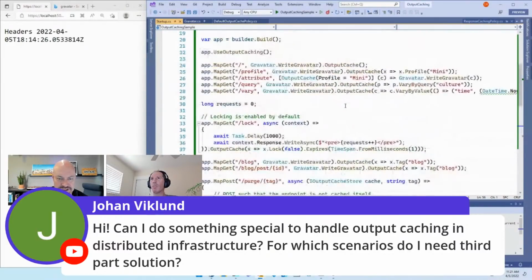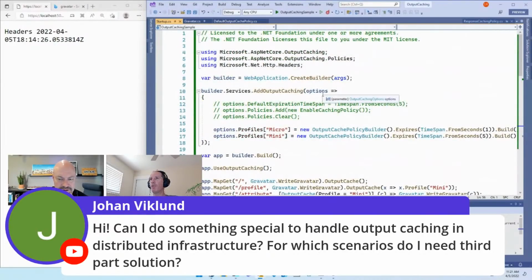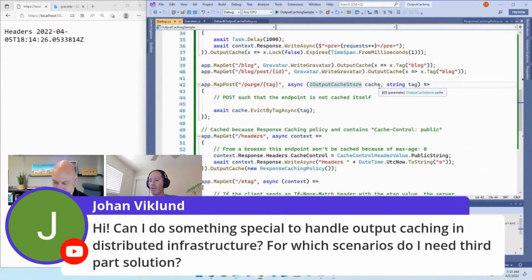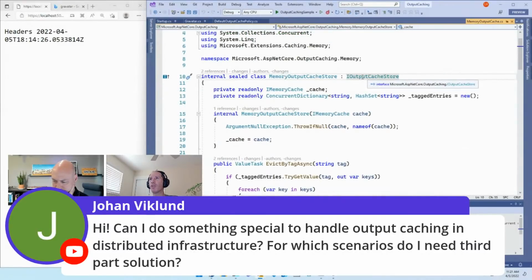Yeah, so that was a limitation of the response caching. There was only memory. So here by default, it's using the memory also, but it's abstracted and specifically for the output cache. So you don't have to change one to change everything. You can just change this one. You just provide an implementation of output cache store. So this one is the memory output cache store, which is using an IMemoryCache and a dictionary for the